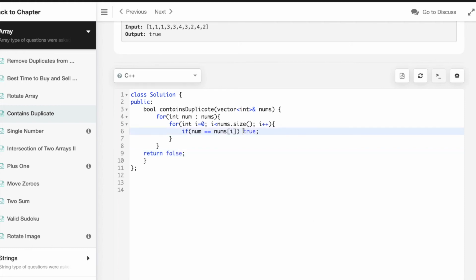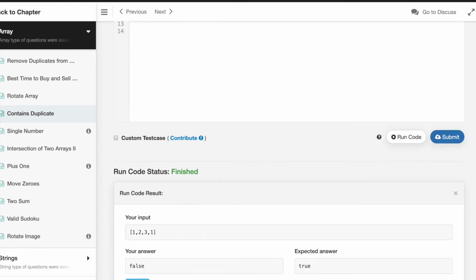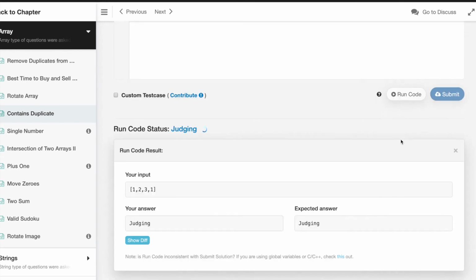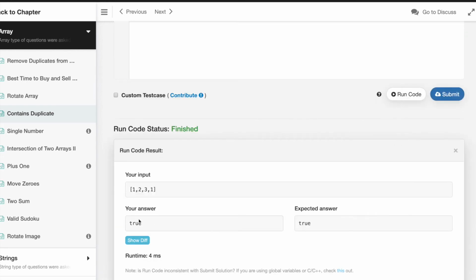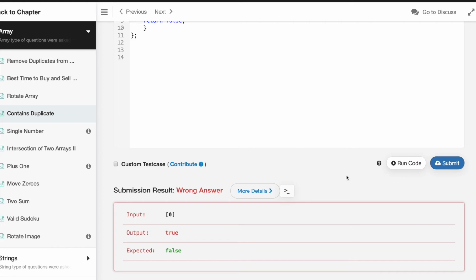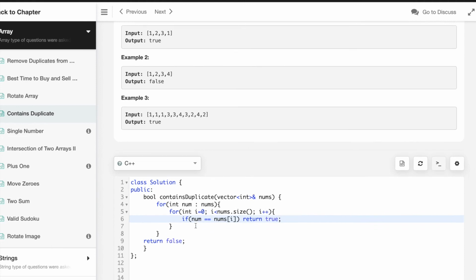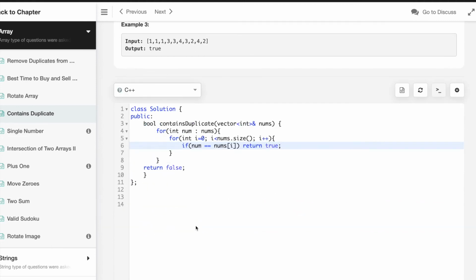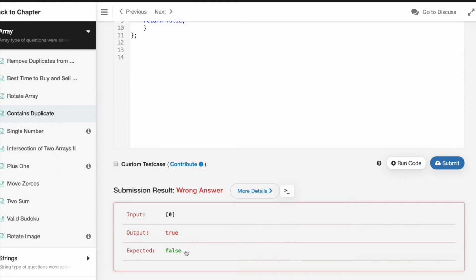Oh, I have to type return here. Let's run the code. Yes. Now I will click on submit. If there is just one element, I have to calculate for that also. So if there is just one element, expected is false, but I have written true